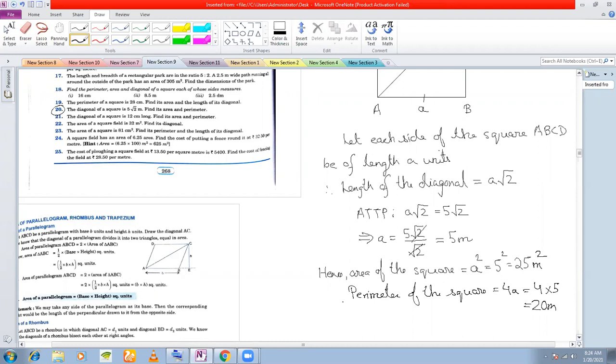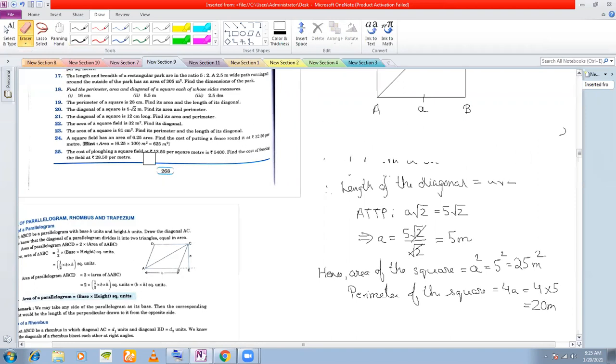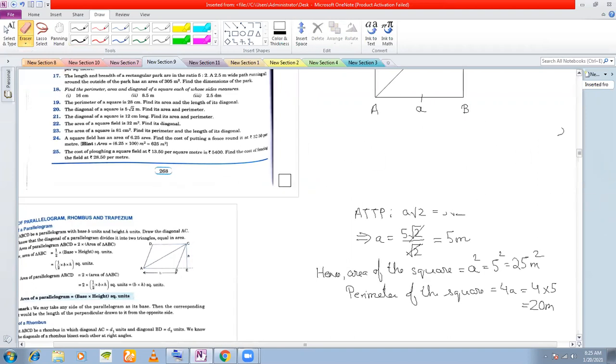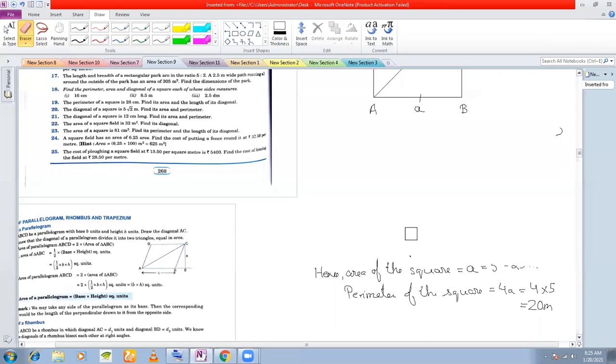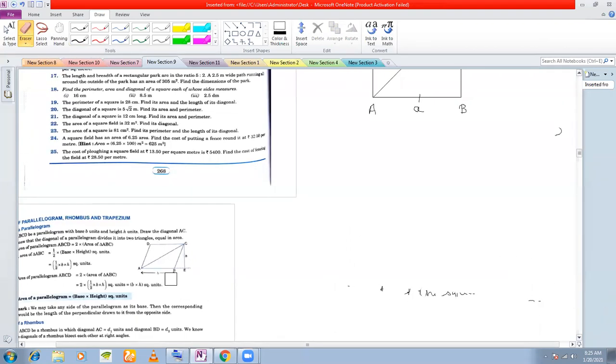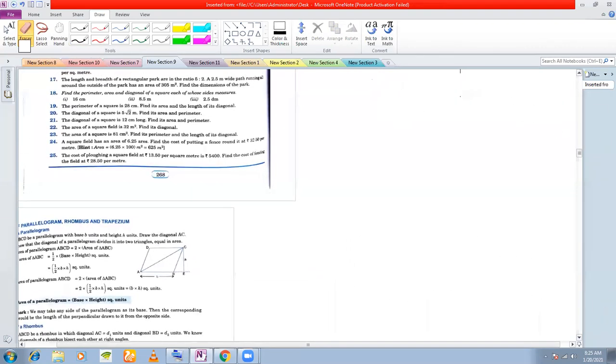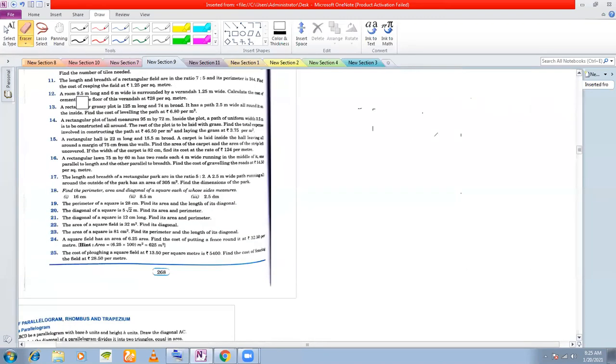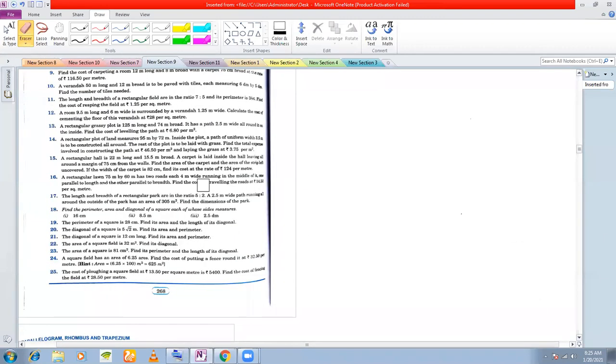Okay. Now all the other problems that I am not doing are of a similar type. If you can do these problems, then you will be able to do all the other problems. And if you have doubts, you come back to me. The problems that I'm leaving out, you try on your own. If you are unable to do them, you get back to me. Sir, I have a doubt in question number 19. Okay. Number 19, let's do it.